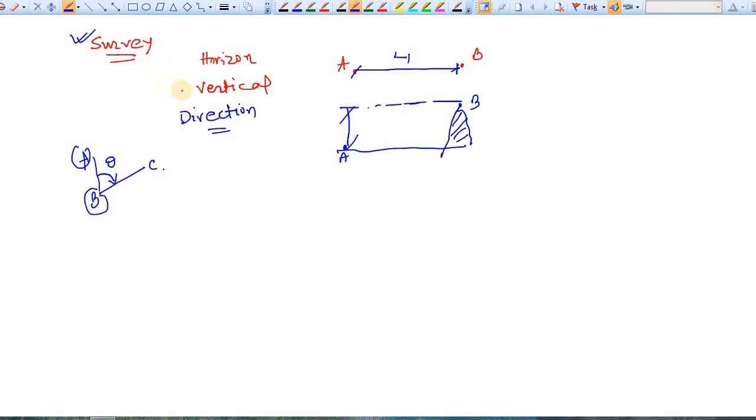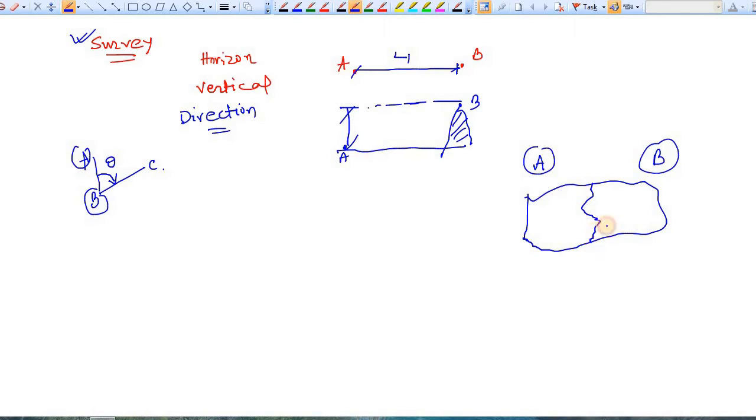Now it is clear to you what is the survey and why it is important. Well, let's consider your country. Let's say this is country A, this is country B. Simply to segregate their boundaries you need the survey. Also to fix up the state boundaries in between a national boundary you need to use survey. Next point is why do you need to use survey?